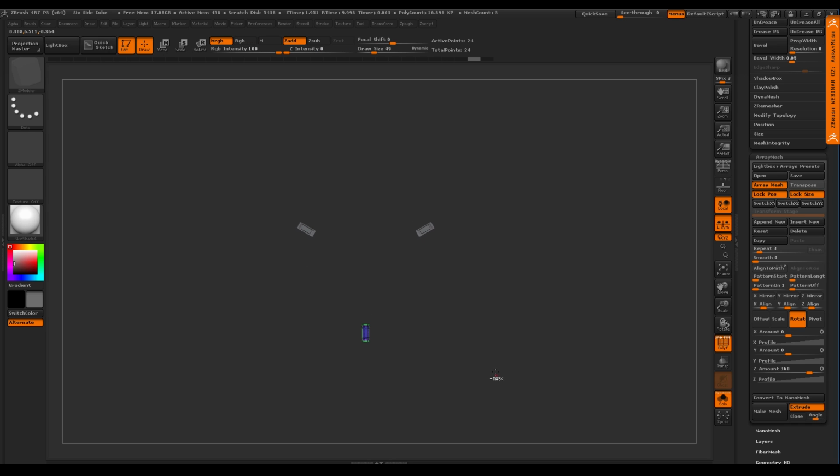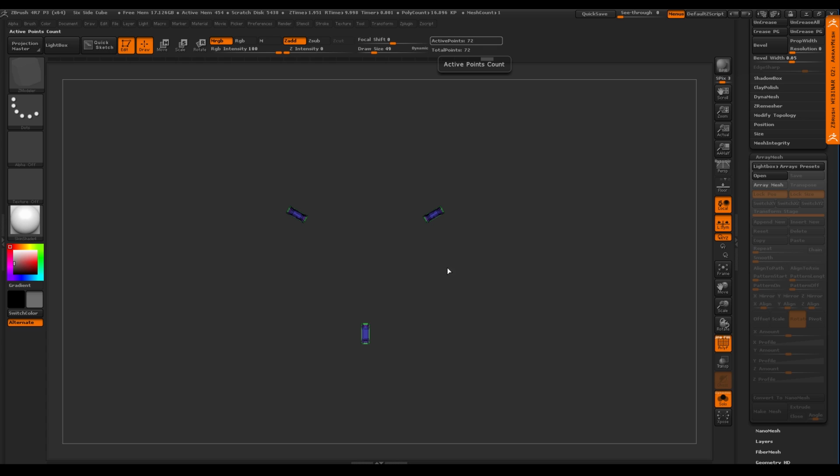So what I actually did is I turned my Array Mesh at this point into actual geometry. Instead of this being an instance, because that's what Array Mesh is doing, right now we only have this face or this piece here, and it's being arrayed twice. You can see my polygon count is sitting at 24. I'm going to come down here at the bottom of Array Mesh and click Make Mesh. I'm going to turn the extrude off, because I don't want anything to extrude, and just click Make Mesh. Now you can see my polygon count just tripled to 72, and now you can see the poly frame of all 3 items.